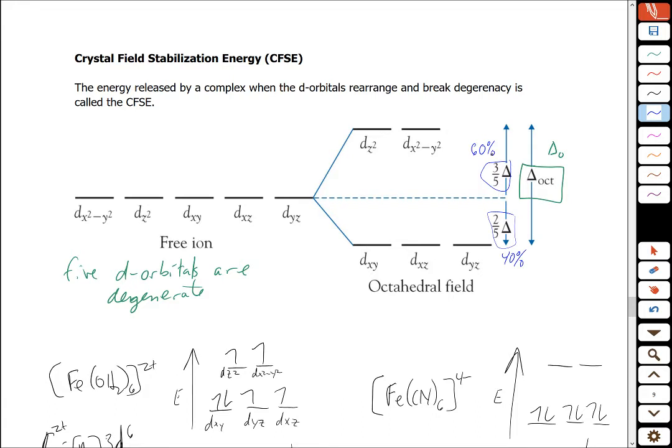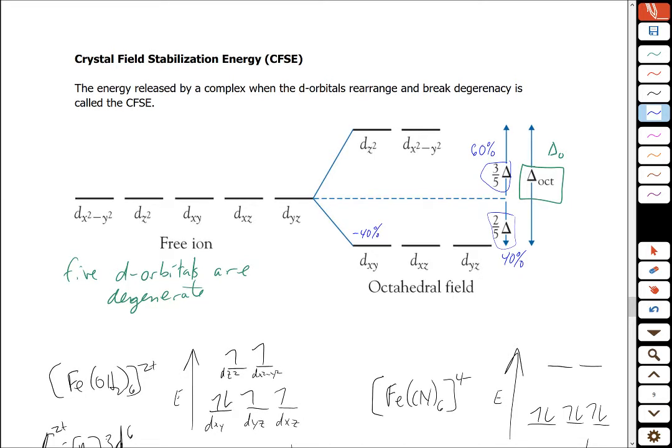Okay, that's delta O. The reason this is important is that overall the energy of the d orbitals has not changed. Okay? The total energy of the d orbitals. So if we have 3 d orbitals that are lower in energy by 40% of delta O, of that splitting energy, and this orbital is 40% of delta O, and then we have these 2 orbitals that are 60% higher,